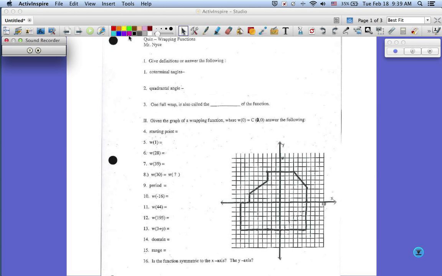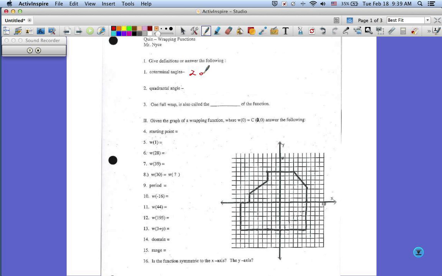Quick review of the wrapping functions for the quiz you guys have coming up here. So some definitions here to start. Coterminal angle, that would be two or more angles